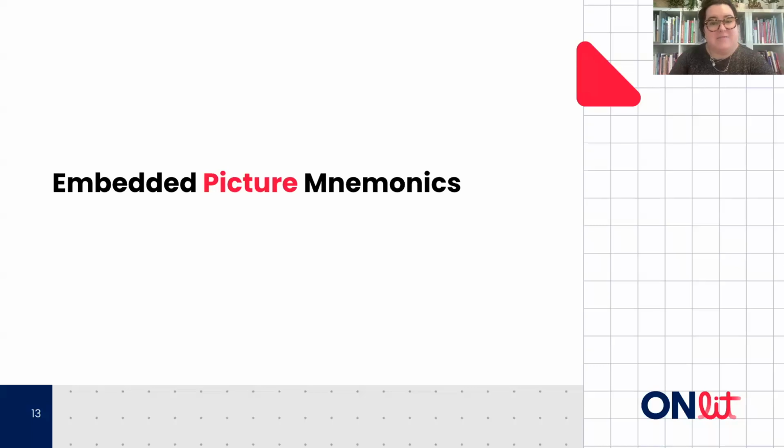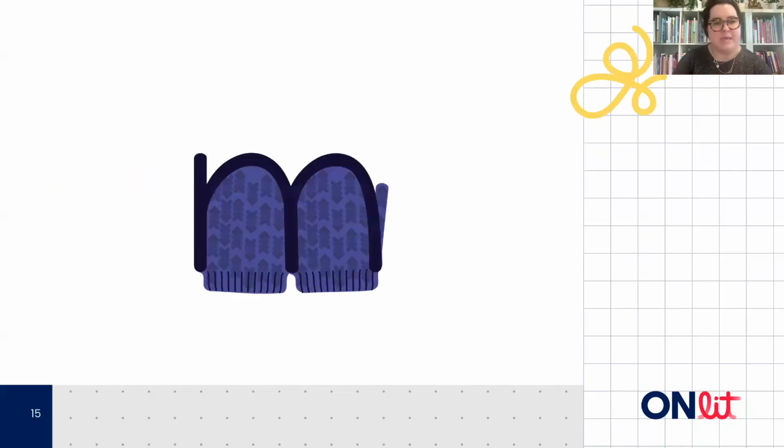In this case, the scaffold is actually a picture that helps students associate a sound and a letter. So it helps them see a letter and then associate it with the sound that that letter represents. And again, in this case, that picture is directly embedded within the letter. So it's not necessarily a card where we've got a picture of a cow and then the letter C. It is something where the picture is directly embedded within the letter.